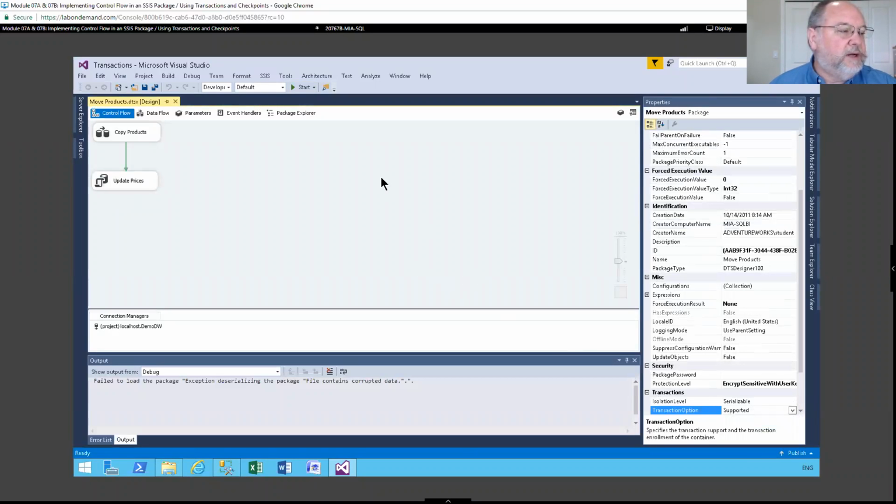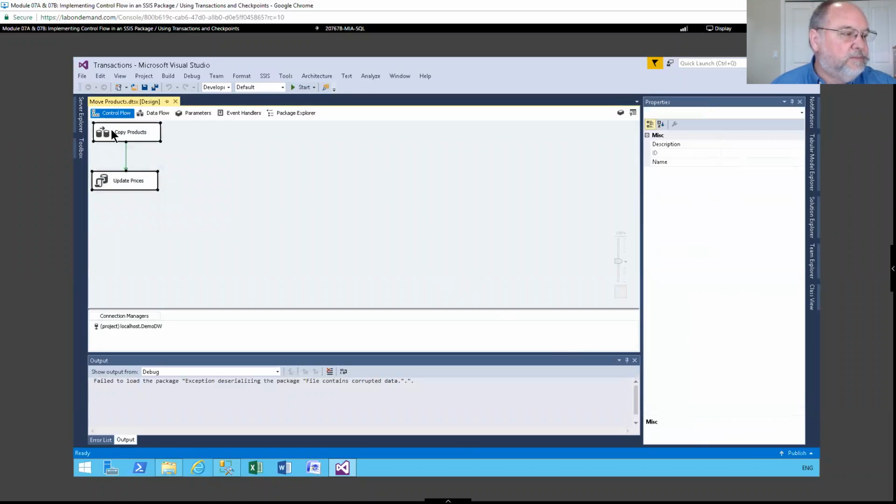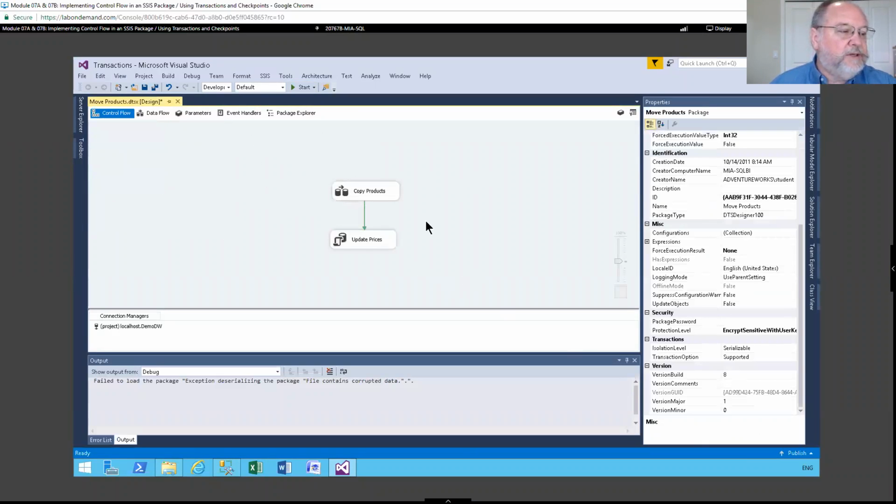But I'll show you what I prefer to do. Move these out here a little bit. You can do that and it works perfectly well. I think it's a little less documenting. So what I do instead